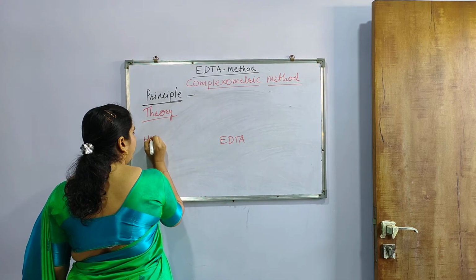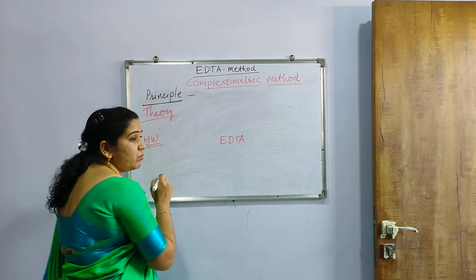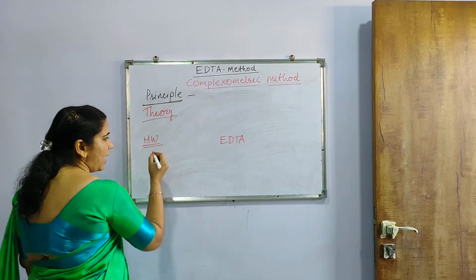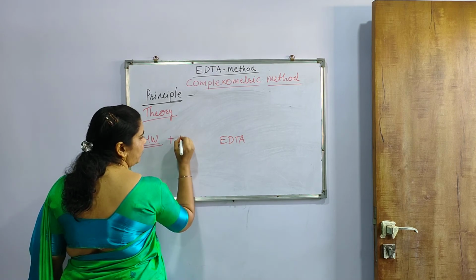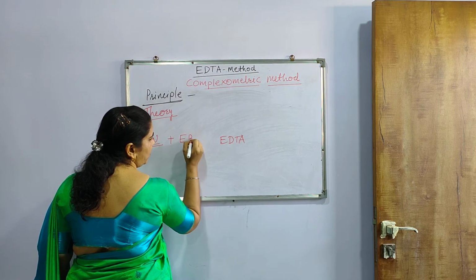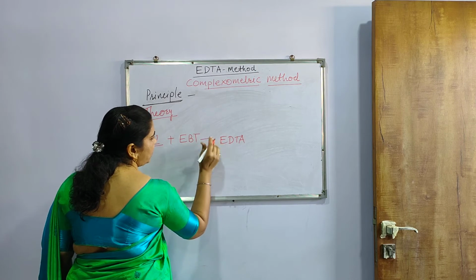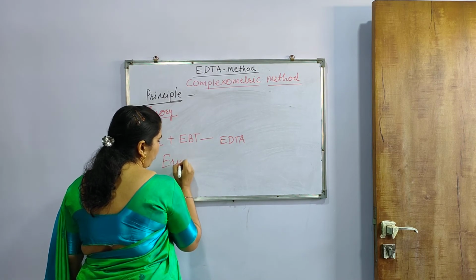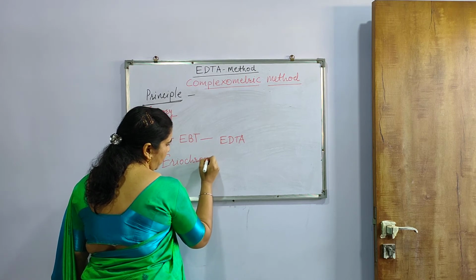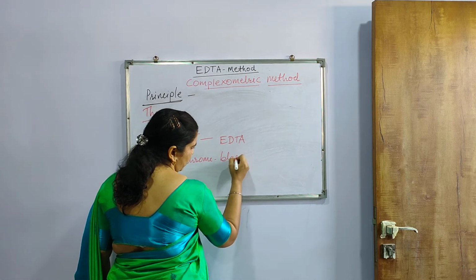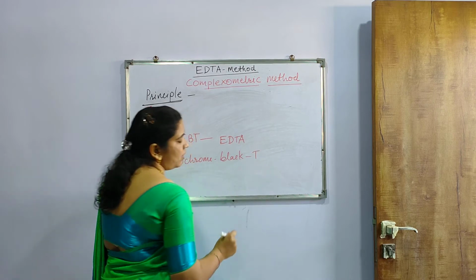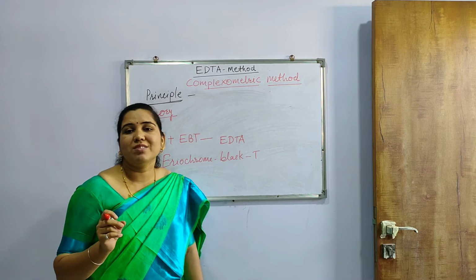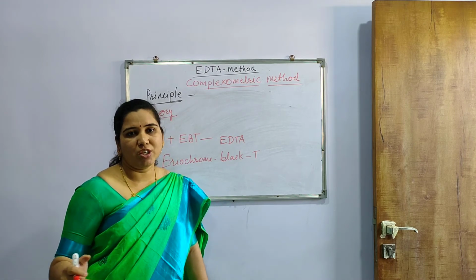First of all, we will have to use hard water, because from hard water we have to determine metal ions. So that's why this hard water is there. It will be treated first of all with EBT. Now this EBT is Eriochrome Black T. It's a dye, it's an indicator, and we know that an indicator is used to see the color change,